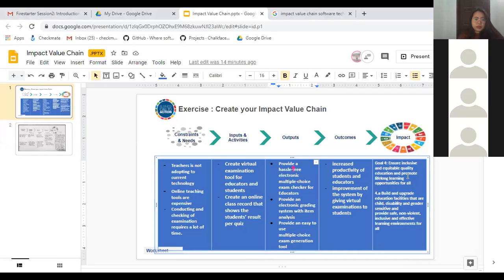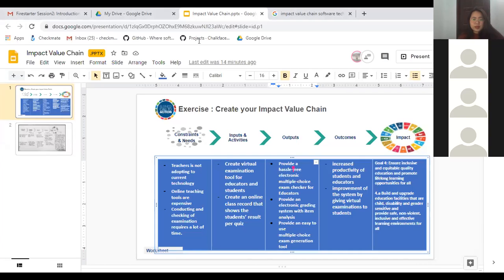We know that we are giving opportunities for the teachers and students, but in behalf of the targets, we don't see any, what do you call this? What you call, swak na target for us.